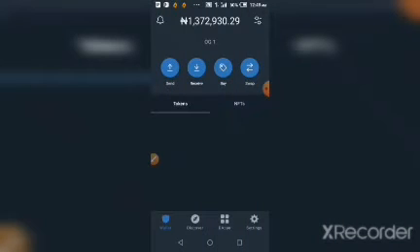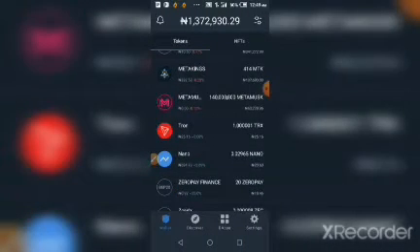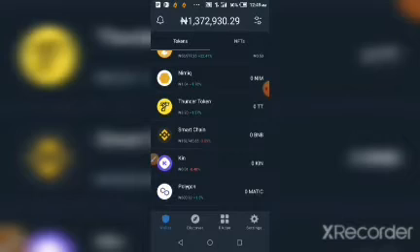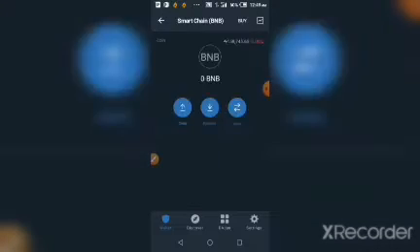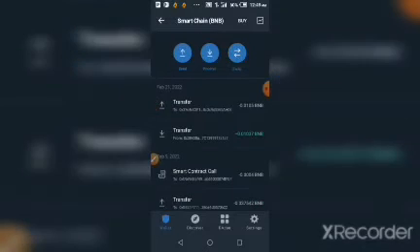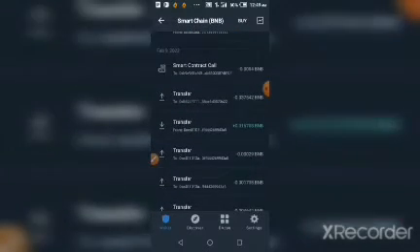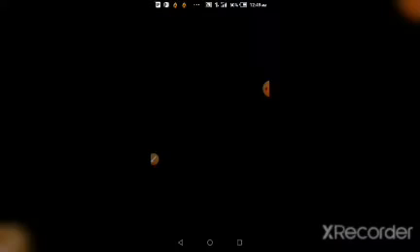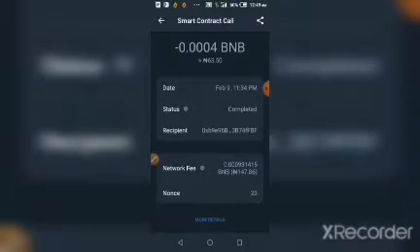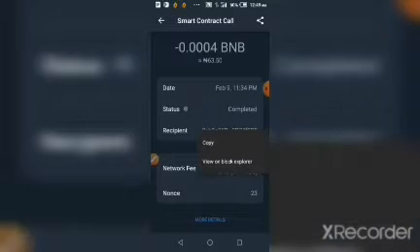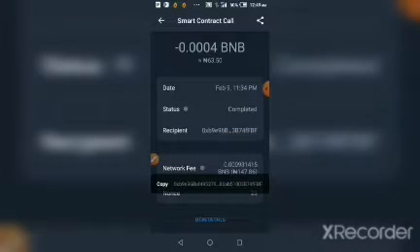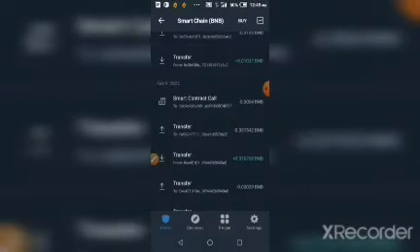So okay, let me go to my, let me use this wallet. Okay, you can see I actually approve the smart contract code. So for me to be able to monitor this wallet, so this is a recipient, so I will be copying his address. So all I need to do is to go to